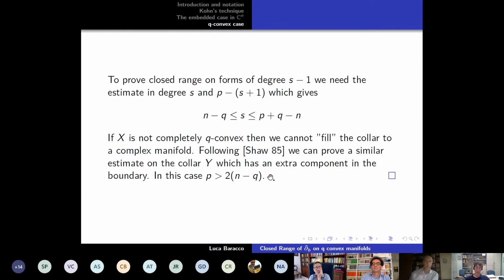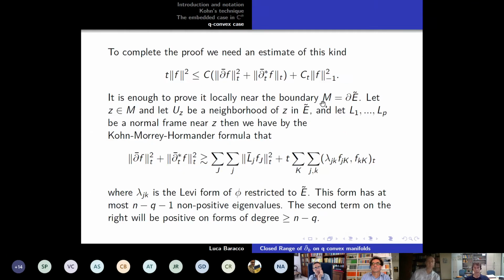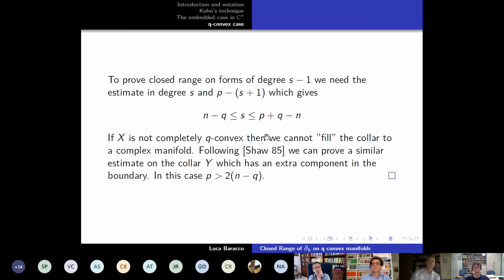So to prove that we have a closed range on degree s minus 1, we need this estimate in degree s and p minus s plus 1. So we have that s has to be between these two numbers, and so this proves the case when X is completely